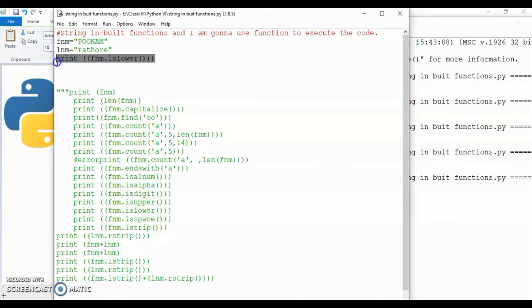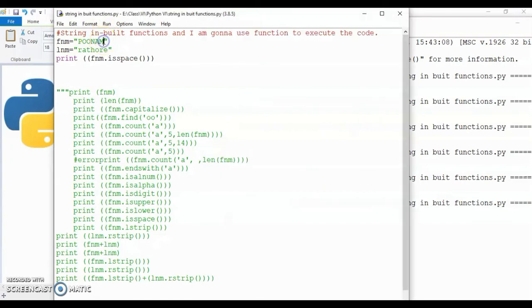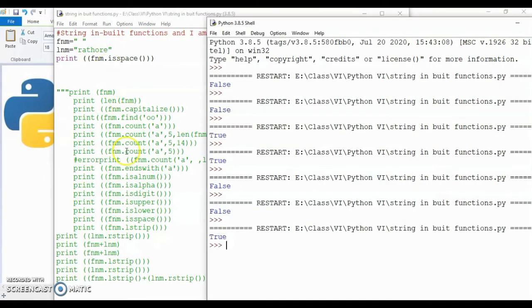So right now it will give me false. But if I remove this and give space, it will give me true, right? So I think this is also clear to you, how to check for the space in a particular string or in a particular field.